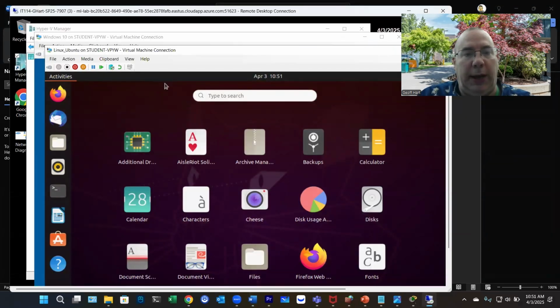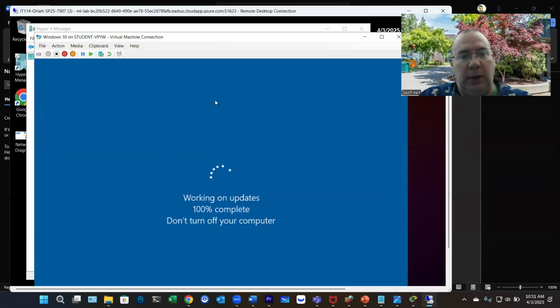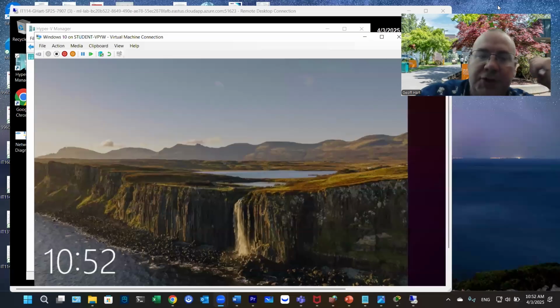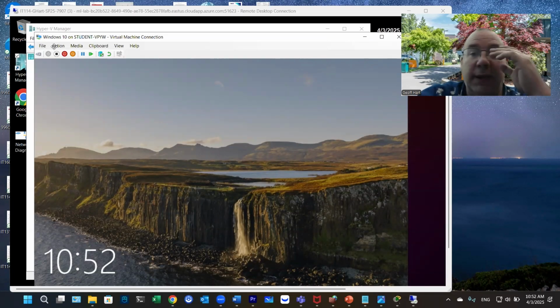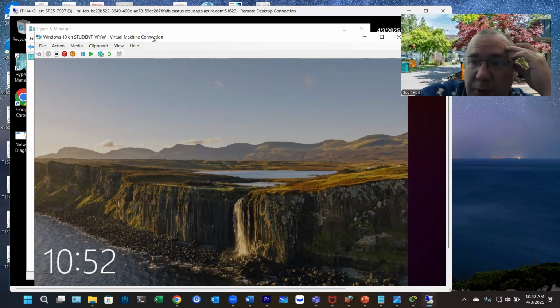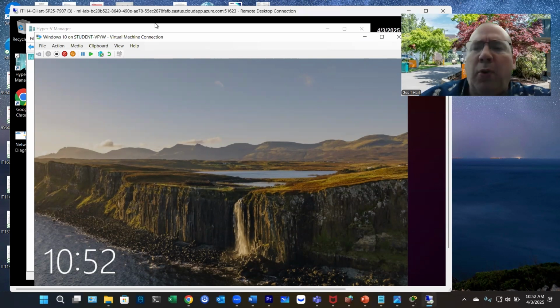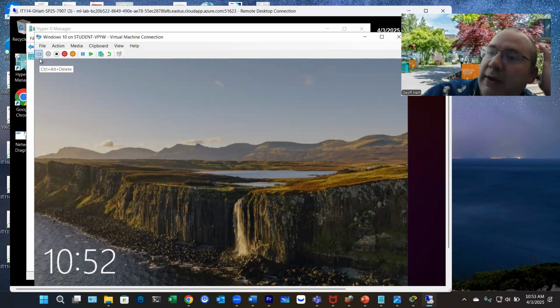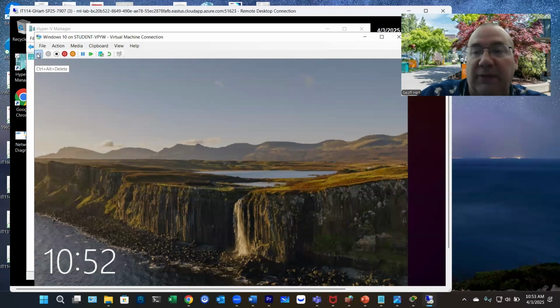and we'll go ahead and go to the Windows, and it is still updating. So I will go ahead and pause the recording. So the Windows VM went ahead and updated, and we can now log into it. So there's a couple things that we can do. One of the things that'll happen more in IT 160, but I'm going to go ahead and show you this Hyper-V Manager trick now. For this VM we can press any key, but let's go ahead and just show you real quick here how to wake this computer up and let us log in.